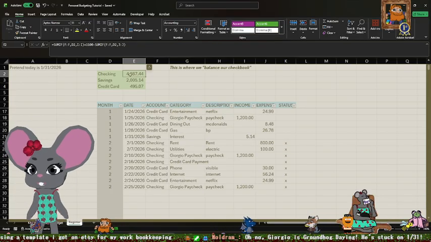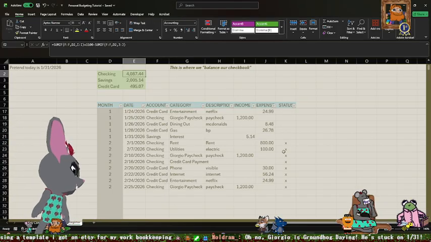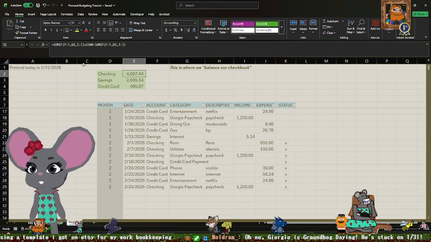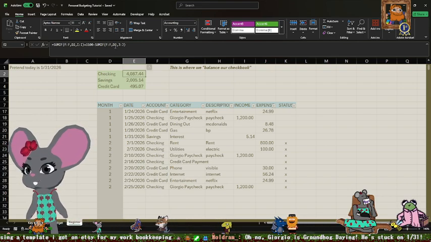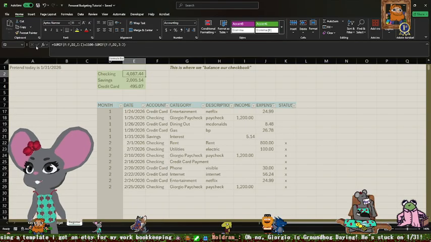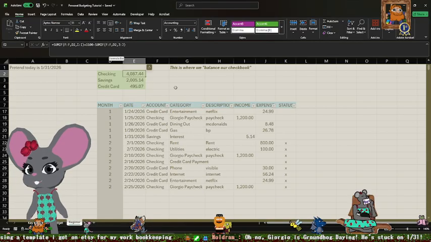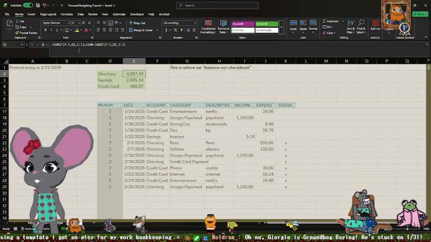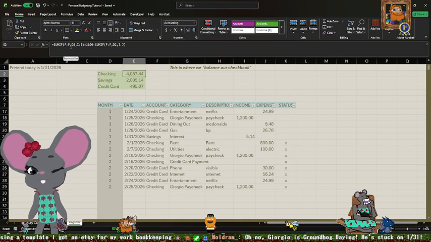So let's adjust our formulas here to remove any pending transactions. What we started with, I wish I could make this formula text bigger, but it is what it is, was SUMIF, singular.